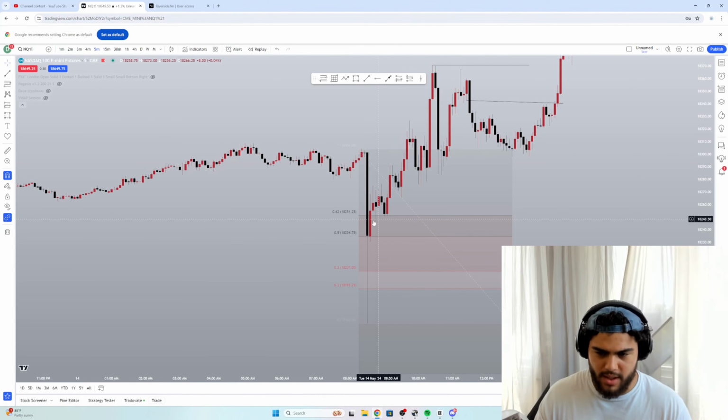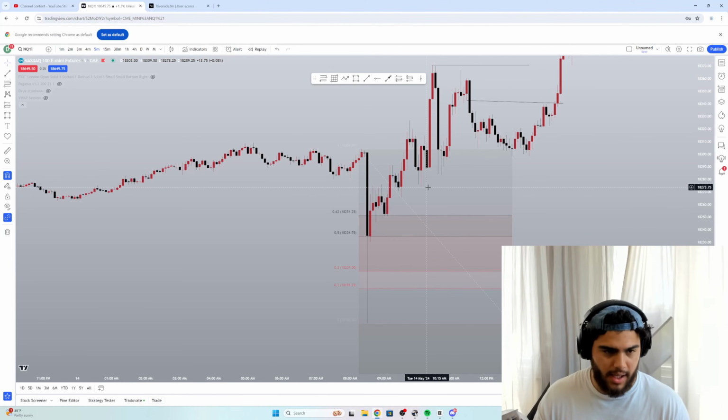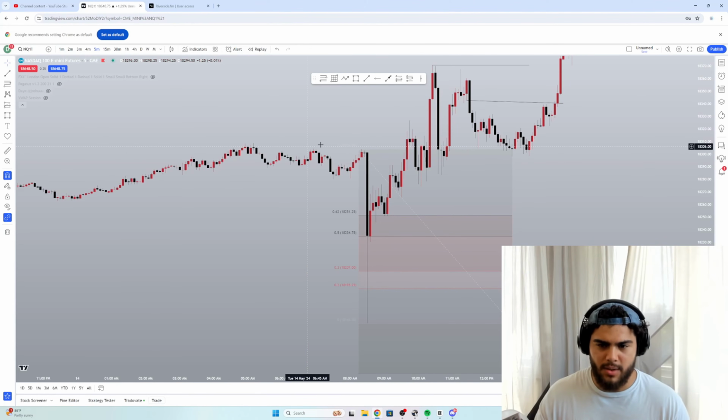And then we traded above 0.62. We are comfortably above 0.62. I now assume that we are coming for the range high. So I got long at the range high. I'm pretty sure I took this 5 minute fair value gap. It was like a 1 minute entry, but I was within this 5 minute fair value gap, and I just got out at the range high. And we also have equal highs up here. So